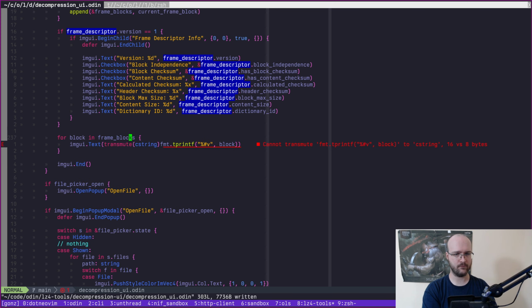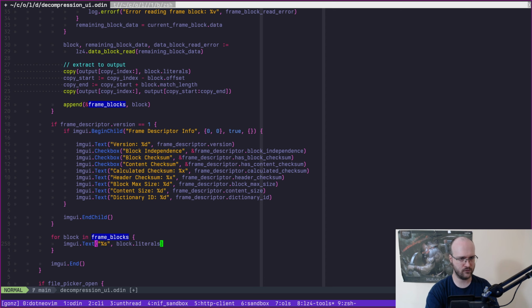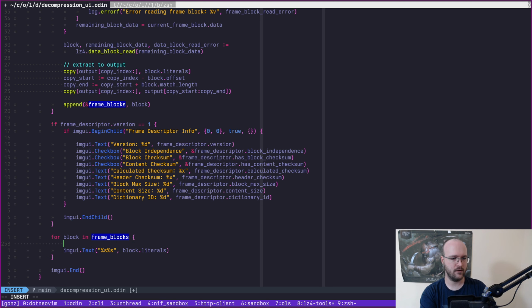And now here, we want to actually output this as well. We want to have some text here. We can actually do %s, %s, right? Here are the literals in the block. And then we are going to say copy bytes is equal to